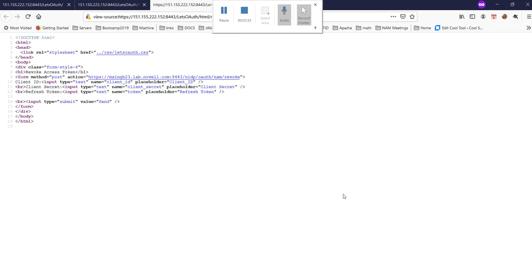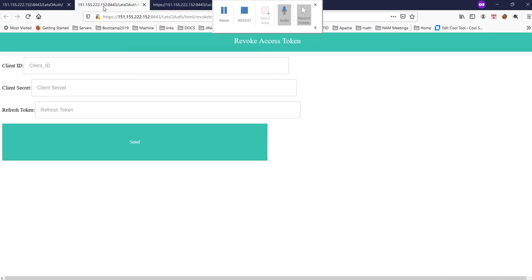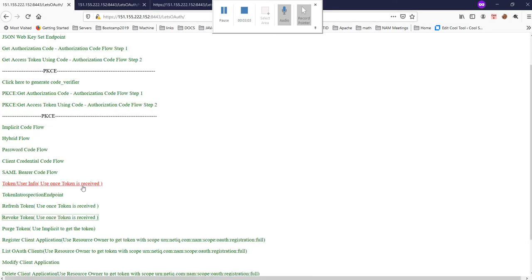And if you see the source, what it does is basically take these three values and invoke the endpoint, sending all these values to this particular endpoint, and then Access Manager knows that this client ID and this particular refresh token need to be deleted. All the tokens which were given by using that token need to be deleted. So what we are going to do now, we will use this link. Before that, we will go and use the